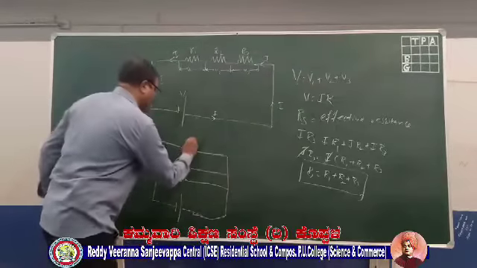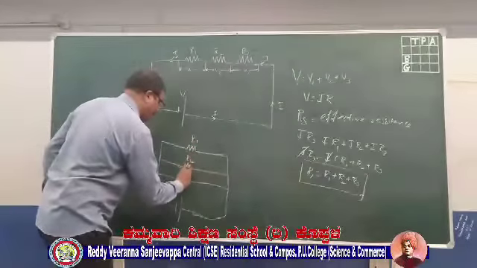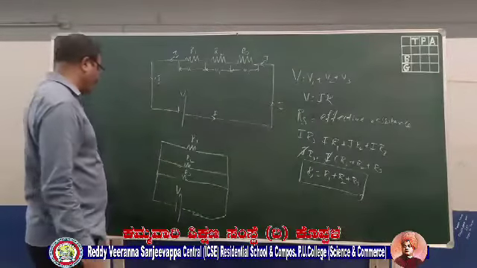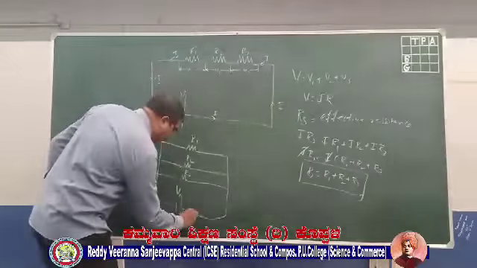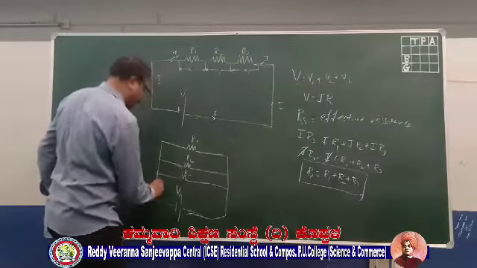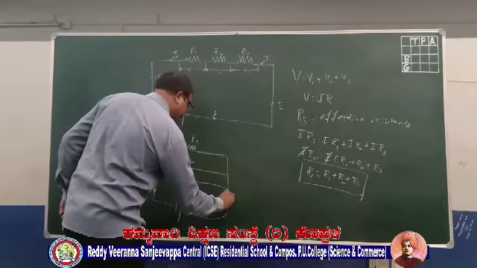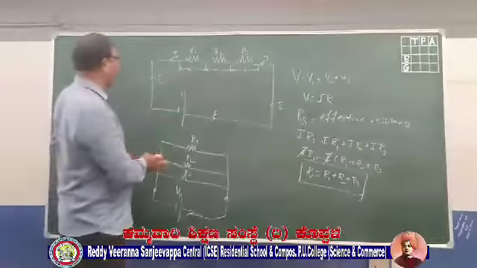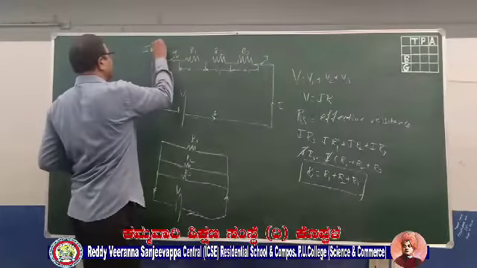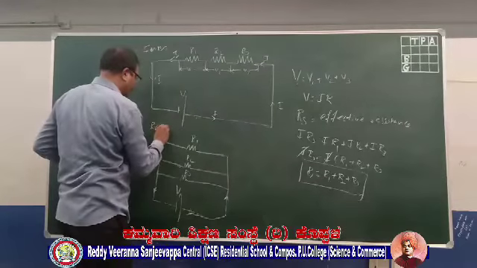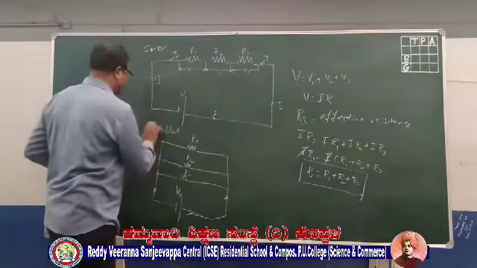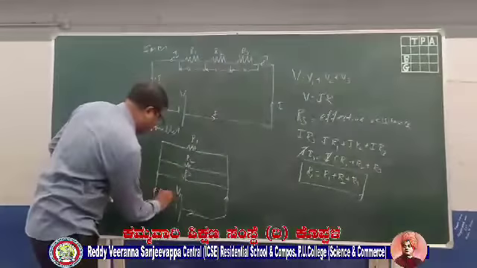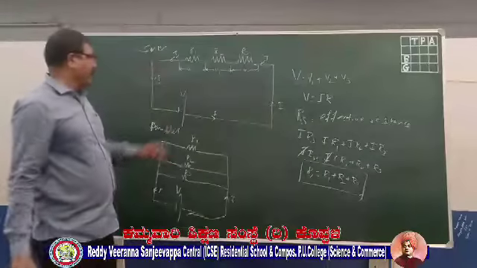Parallel combination. Let me note this as R1, R2 and R3, and this cell is having a potential difference of V. Okay, now the current I will be flowing from the positive side to the negative side. Now first let us learn the characteristics of this parallel combination. This is series, and this is parallel. Now this is I and this is I.